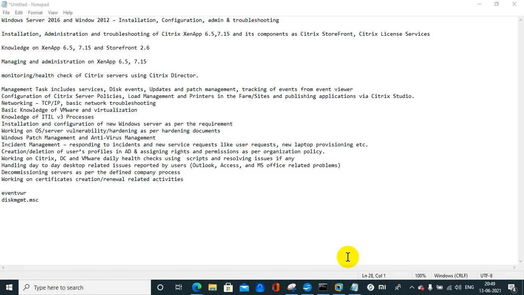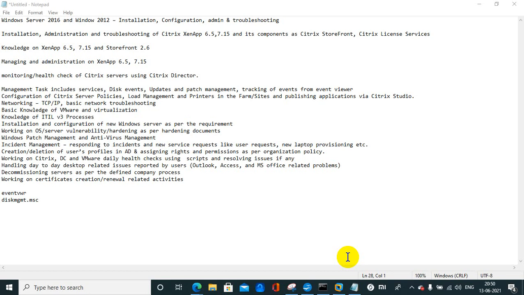So this is patch management, and most organizations use PVS or MCS. Always remember that you need to apply patches on the master image server or the golden image server, or in case of PVS, on the golden disk. You can say it's a golden disk or master disk. And once it is applied on the disk or the golden master server, you will get the option from the PVS console or from the